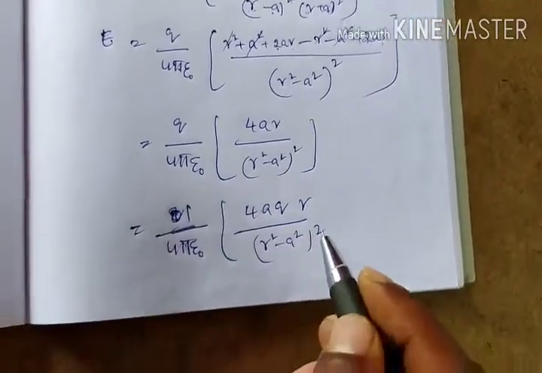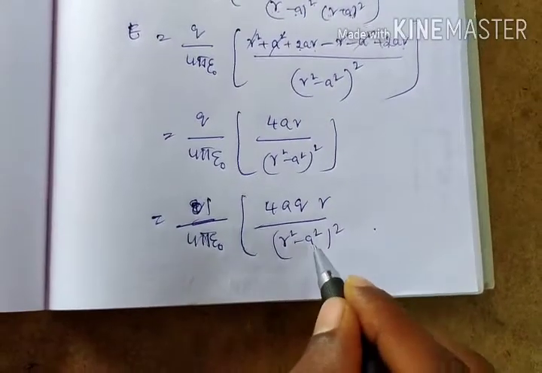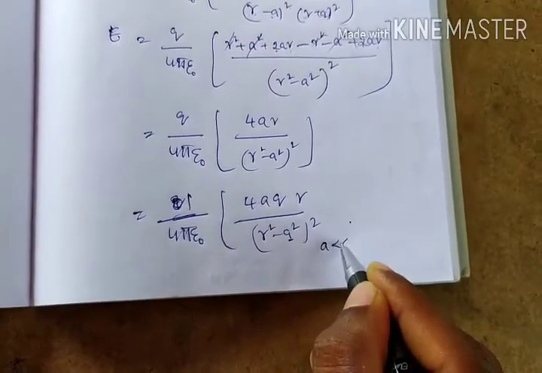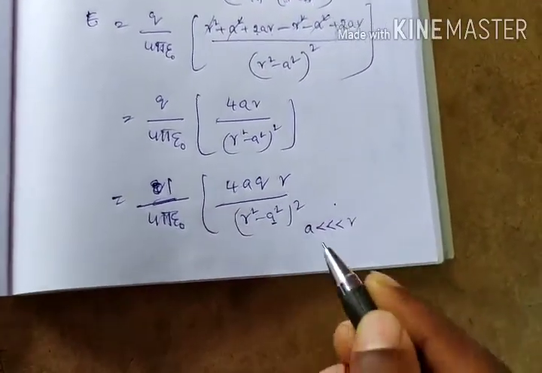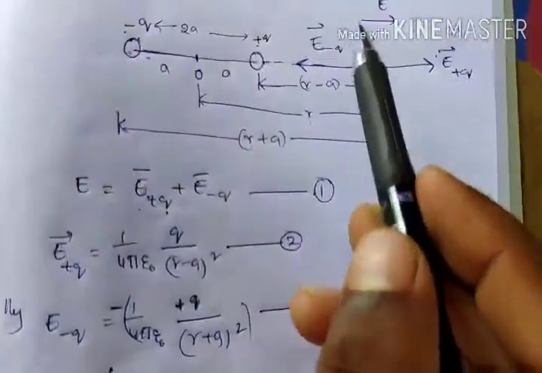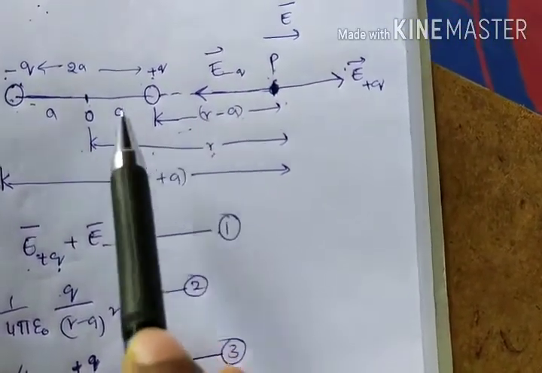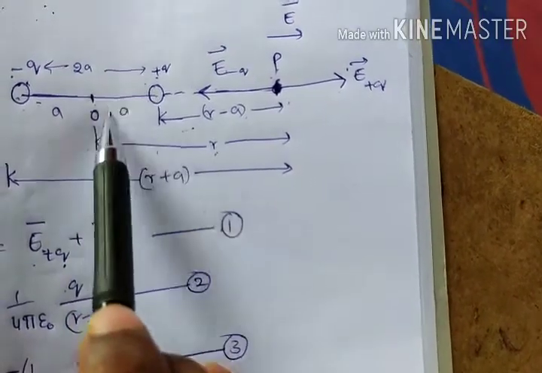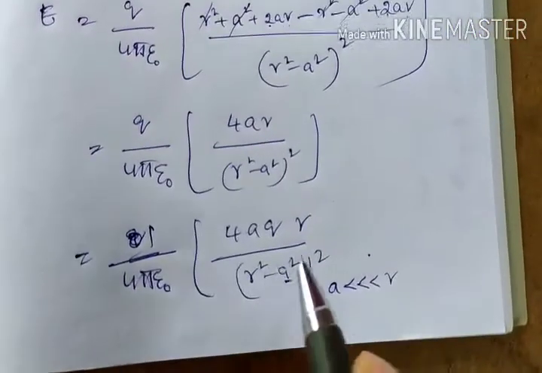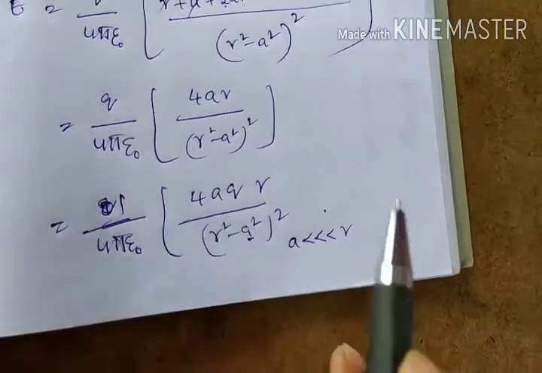Here observe one point, which is that the distance of the two charges of the dipole is very small. That's why the distance a is very small. So we can say that a is highly less than r, nothing but very small distance compared to the distance of point P. From point P to the center, the distance r is very large compared to the distance from here to here, because we are taking a very small distance. In the definition of dipole also they have given the same. So that's why a is highly less than r. So we can neglect the a square value. Directly we can take 0.